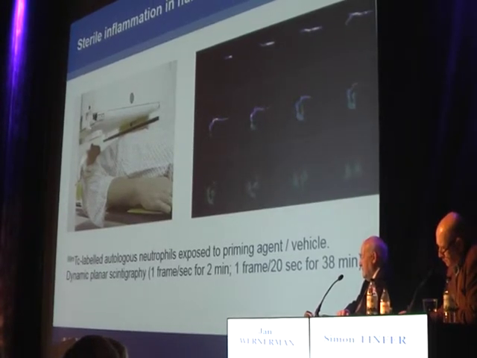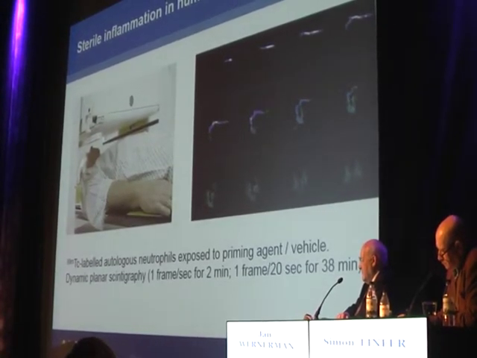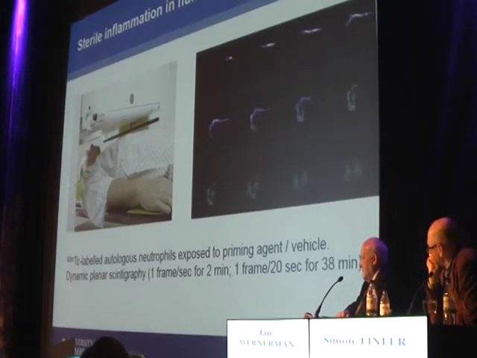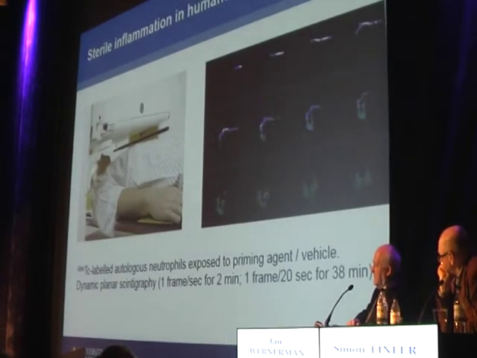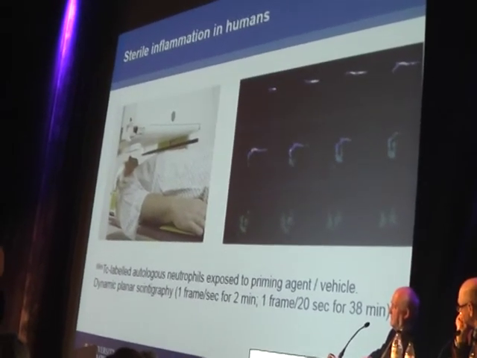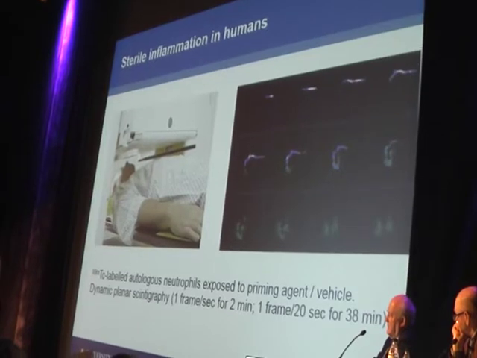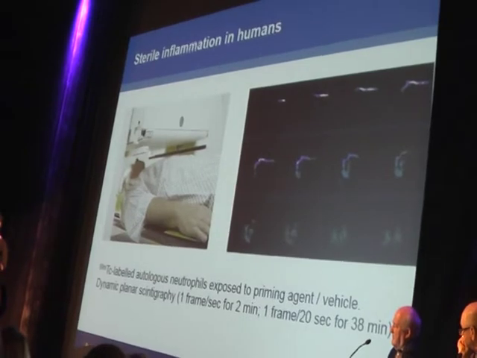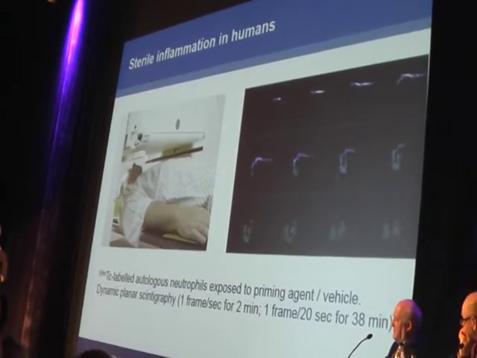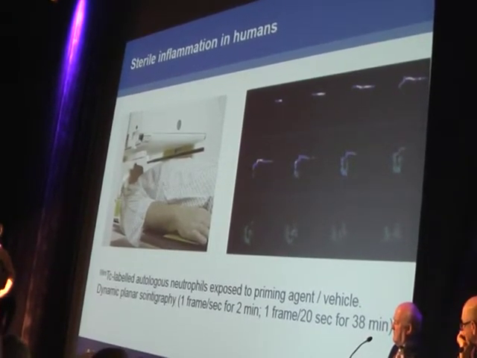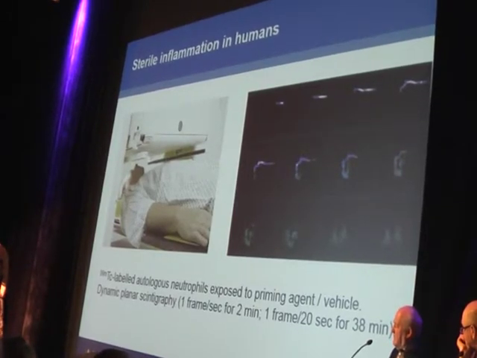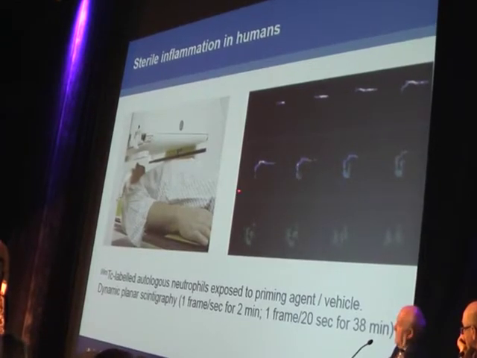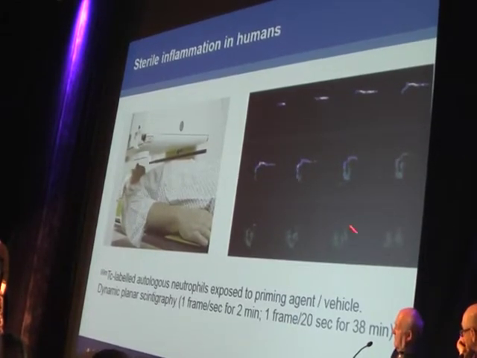So what we did was take healthy volunteers, bleed them, purify their neutrophils, radiolabel them, and expose them to a range of priming agents, and then re-injected them into the healthy volunteers who were lying in a dual-headed gamma camera, and take a series of very rapid images for the first 2 minutes, and then some slightly longer frames for the next 38 minutes. And just to explain the kind of pictures that you get, here you can see the bolus of radiolabeled neutrophils being injected, coming across the subclavian vein, down into the right ventricle, and out into the